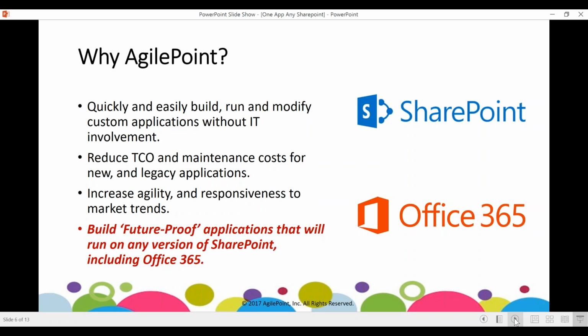Because these applications are much easier to maintain and can be built by anyone who's essentially not a professional developer, what we're looking at here is the ability to get these apps out the door quickly, right? To validate your MVP, right? To get it in the hands of the business user who can see, who can touch and feel the app, right? And then refine your business requirements from there, right? With the end result being that you're future-proof, right? Regardless of which version of SharePoint your business decides to move to, whether it's on-premises, in the cloud, or hybrid, right? These applications will be ready for the next version of SharePoint, ready for that next platform, right? Even if at some point SharePoint moves away from the picture.